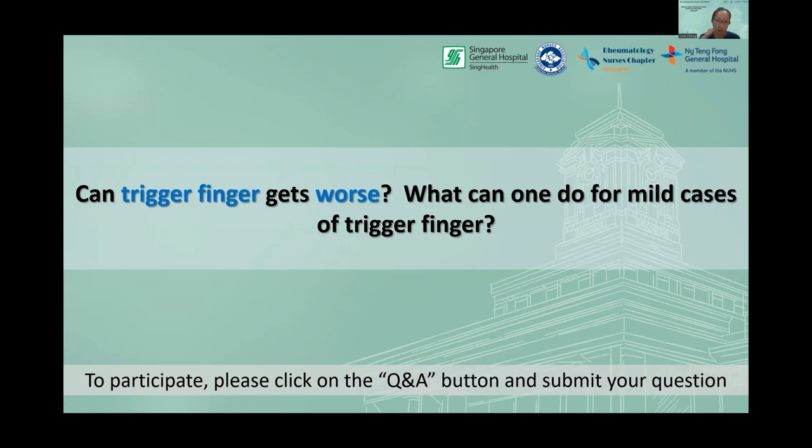to prevent. The exercise is very tailored, so you can see an OT, and the OT will show you and break down the steps on how to do the exercise to maintain your joint range of motion and at the same time allow the tendon to rest as well. Yeah, thank you.